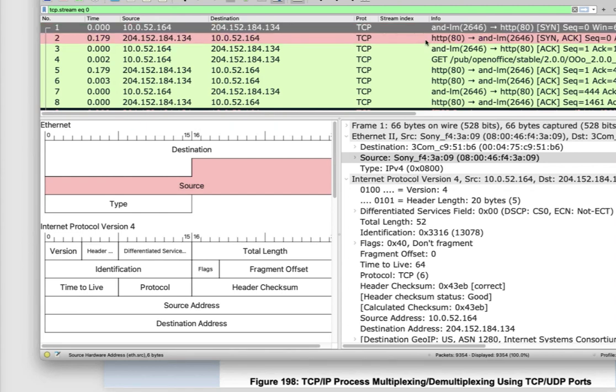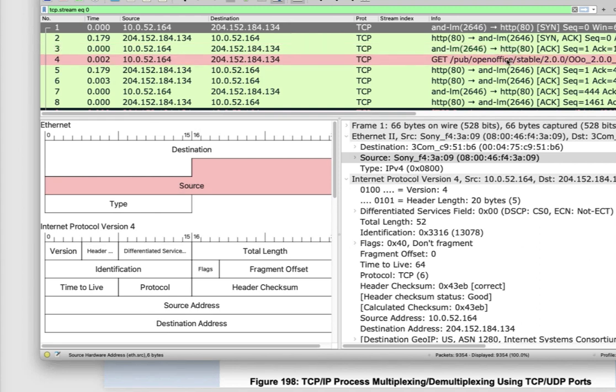That's going to say, yes, I do have somebody listening on port 80, and we can go ahead and build a pipe with which to send some data. And then there's an acknowledgement back that says, cool, yep, now we're connected. My local telnet, port 2646 to your 204 net, port 80, and our two applications can start to work together.